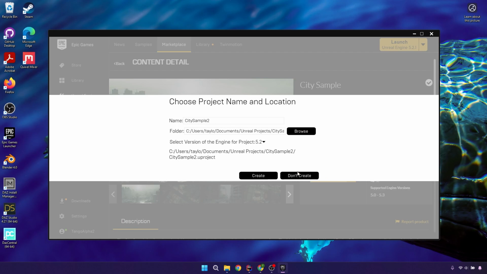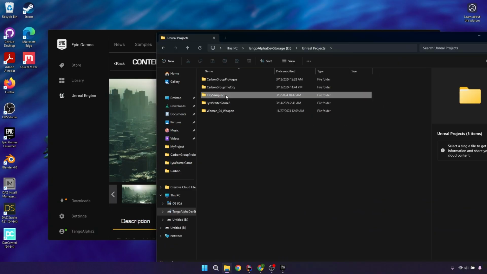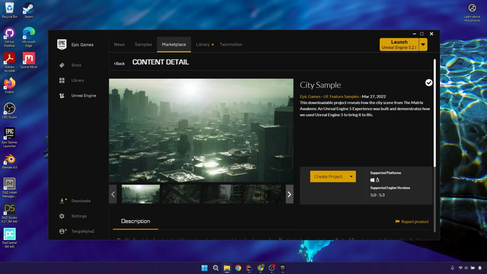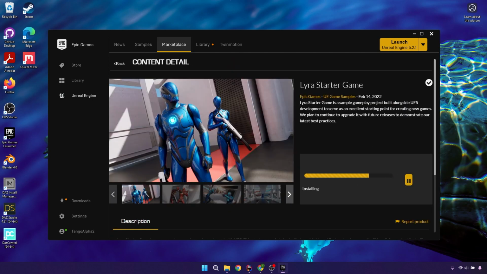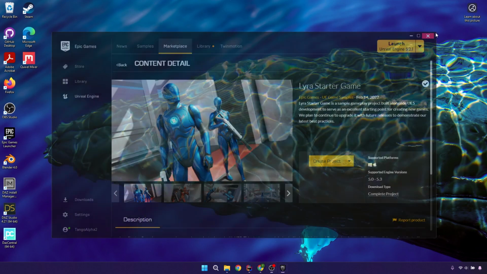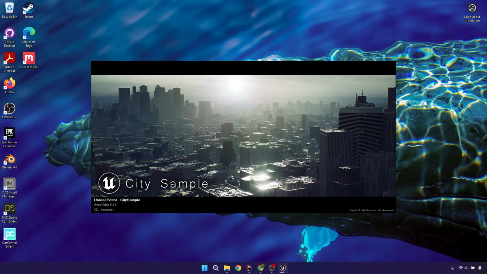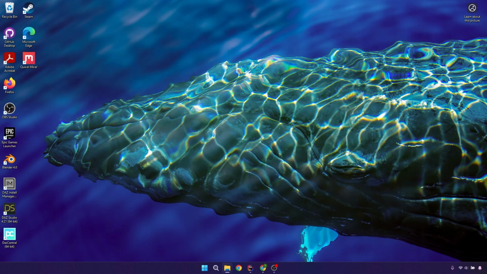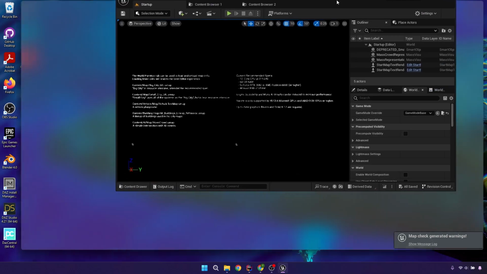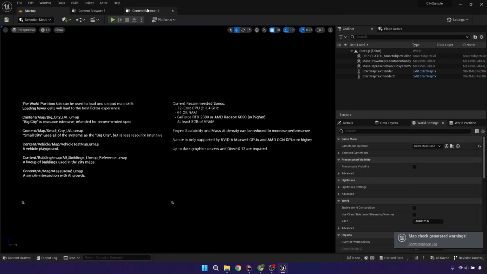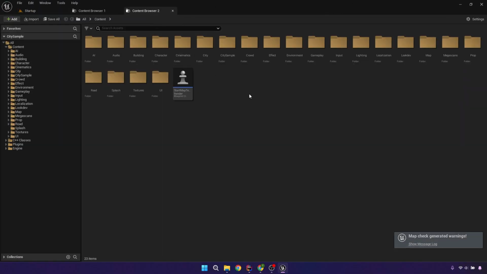I'm not actually going to create that because I already have one right here. But once that is done, let me just check on the Lyra starter project. I'll speed this up. All right, once that is done, we will go ahead and open up the city sample. All right, once we have the city sample up, the first thing we want to do is create a folder